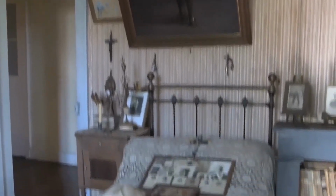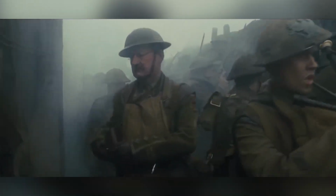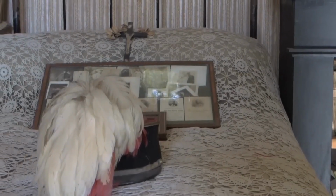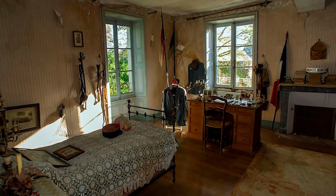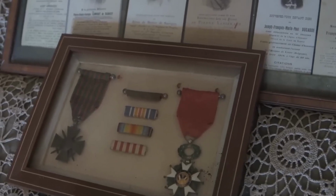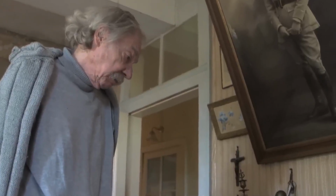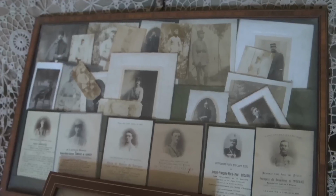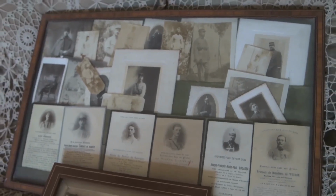Tragically, Hoover's bravery was cut short on April 26, 1918, as he made the ultimate sacrifice in the line of duty. Overwhelmed with grief, Hoover's parents chose to preserve his room, sealing away his belongings as a testament to their enduring love and pain. Through the passing years and changes in ownership, the room remained a silent time capsule, witnessing